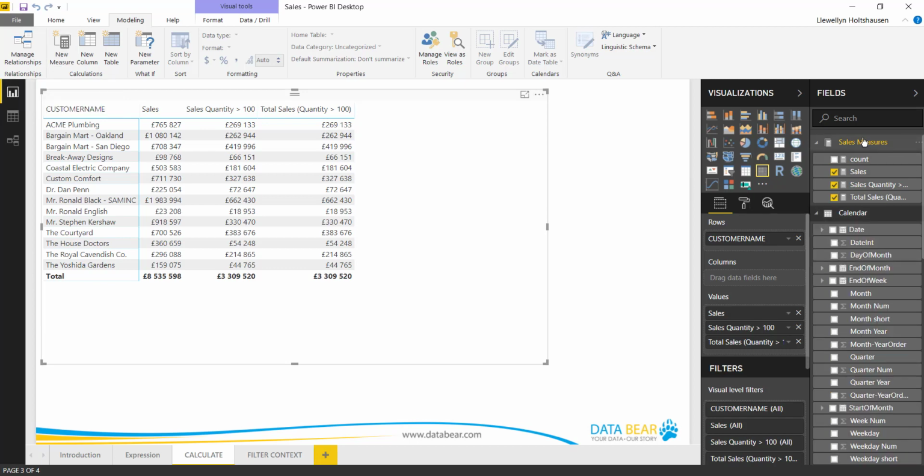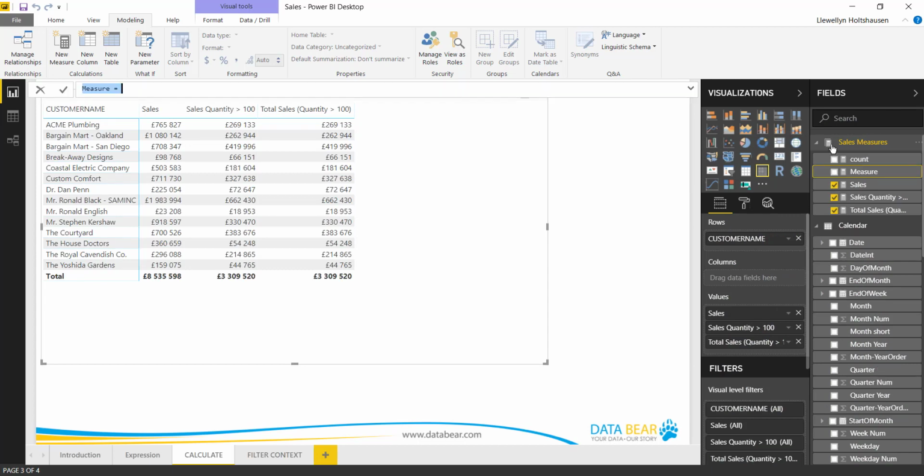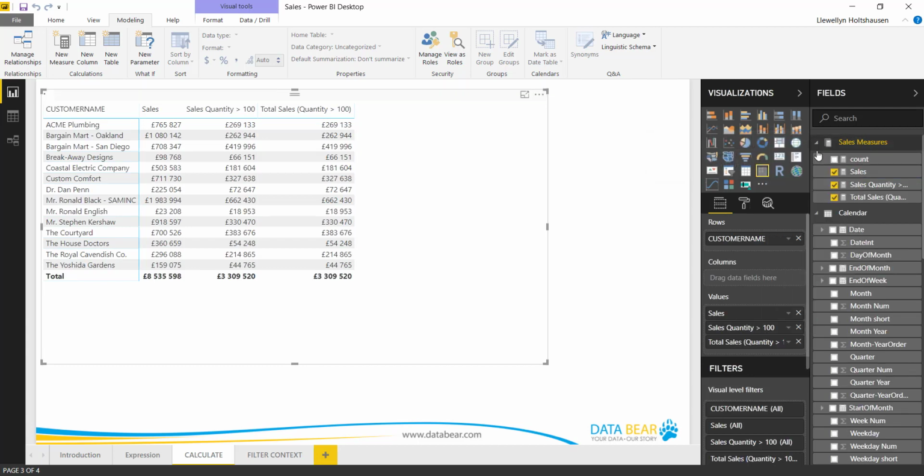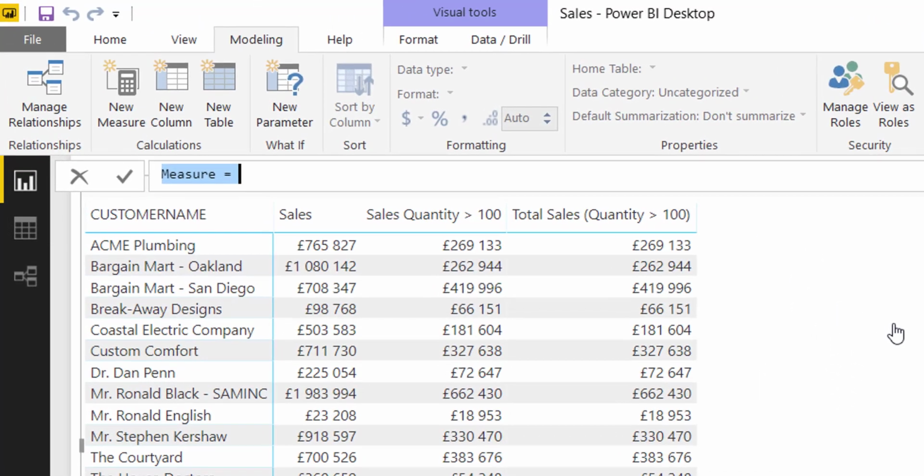So I'm going to create a new measure. By the way, if you want to create a new measure, the table that you last selected or clicked on, if you click on new measure here, it will create the measure underneath that table or as a part of that table content. If you want to easily place that measure in a specific group, you can just right click on it and then say new measure. That's the easiest way. So okay, let's do